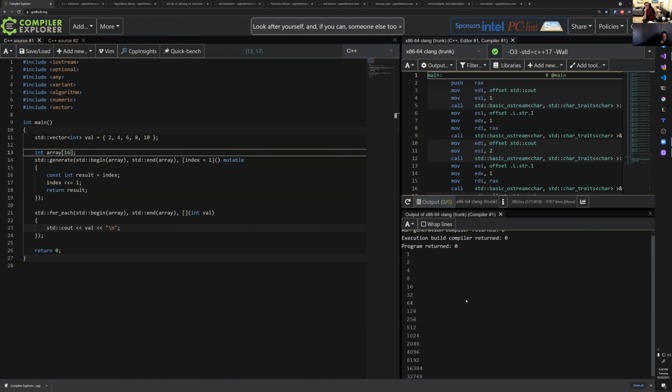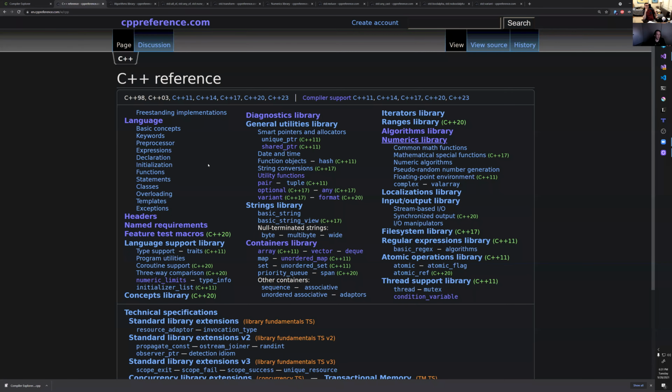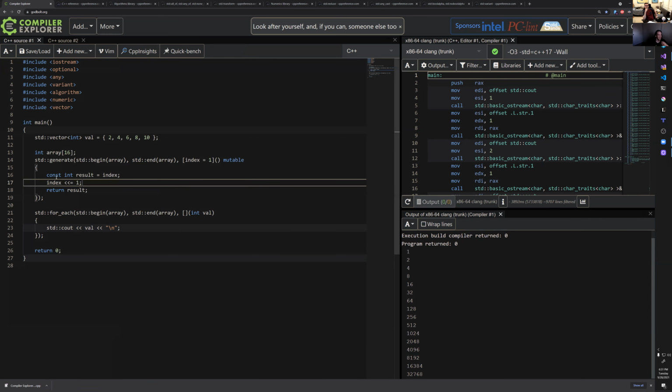So I'm just raising it by a power of 2 every time, right? So that's the power of things like generate. See how powerful these things can be. It lets you ignore any of the constructs of this and just concentrate on what the algorithm is trying